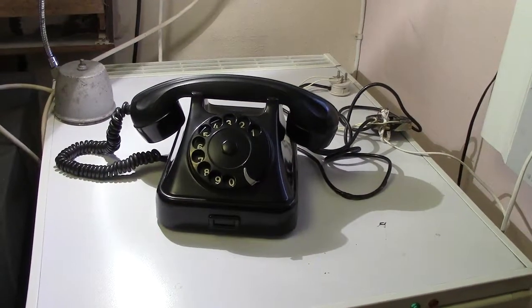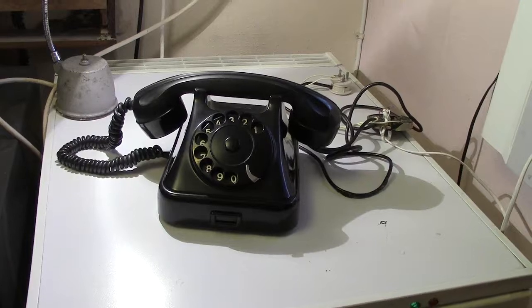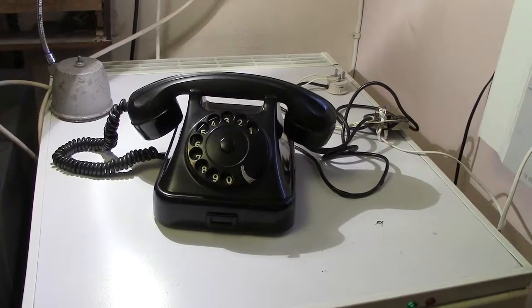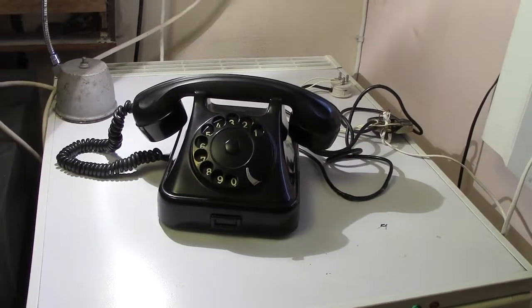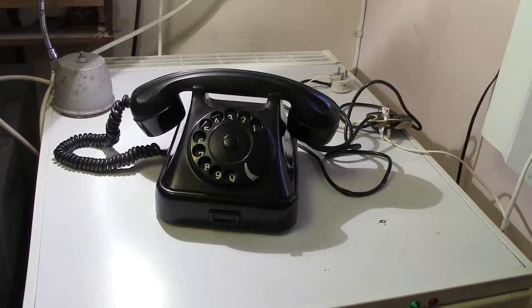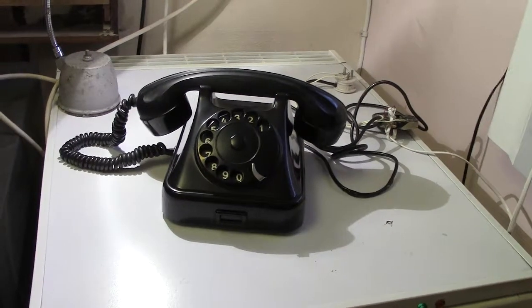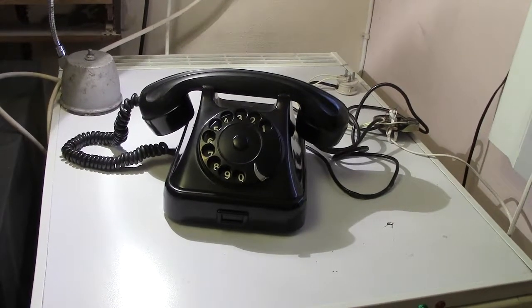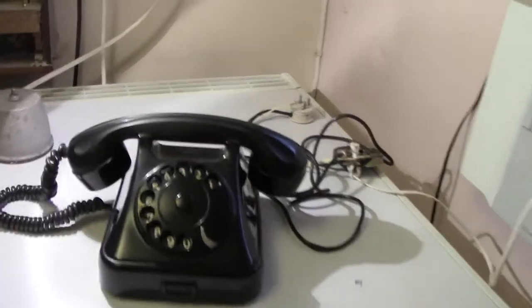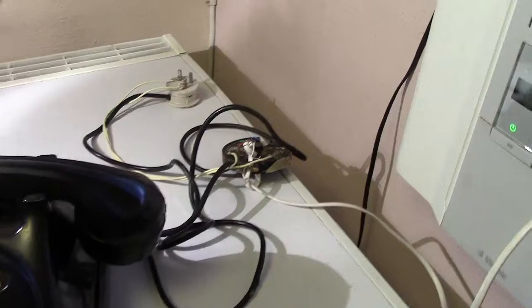I know a lot of you like them to be ringing and listening to our type of ringing, which is different to most countries. I know Australia's got the same, and we've got it like that, and probably some of the other British Isles and places like that would have the two type of ringing. And you can see, don't look too careful at the wiring. It's just temporary. I made up a little block there, as you can see, and I plugged it in